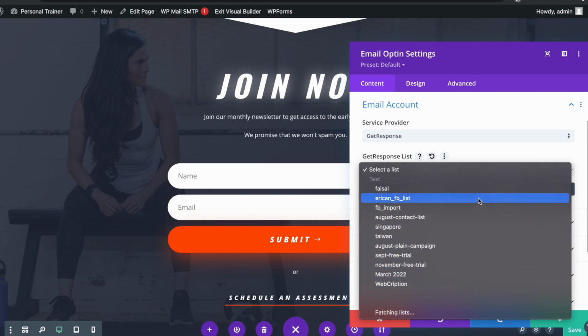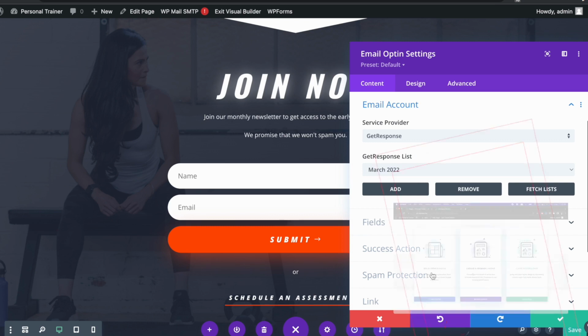Well, a lot to grasp here. I will create a separate class on how we can set up email automation for the newsletter. Save the